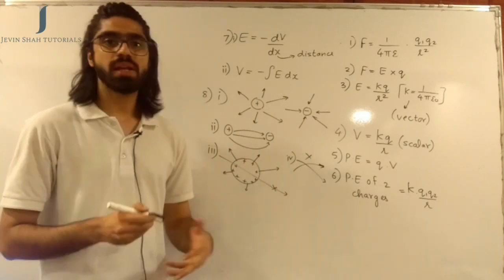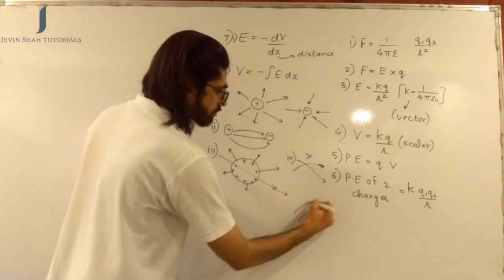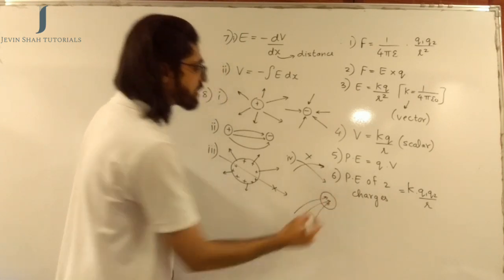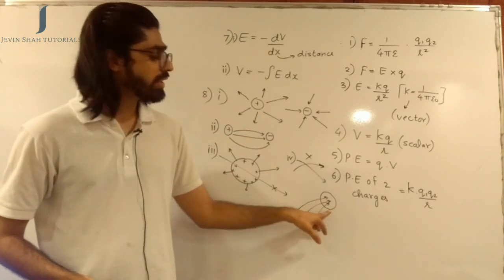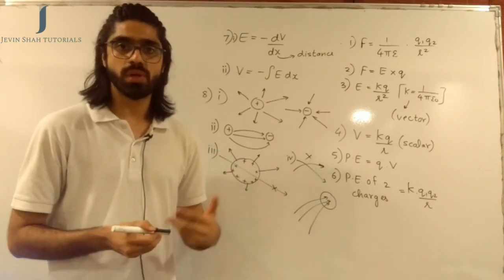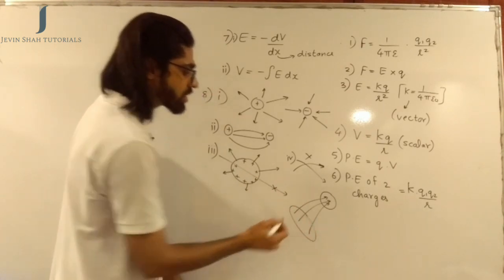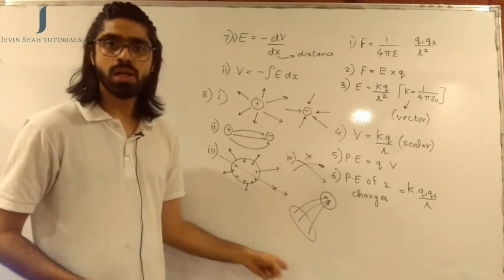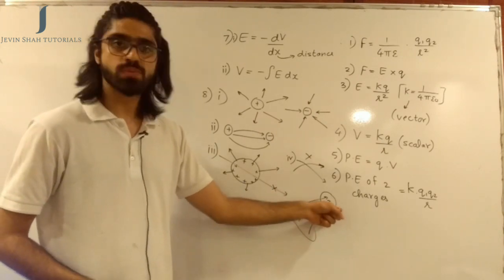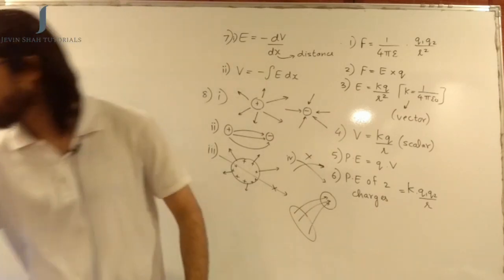Now say for example, I have electric lines of force going like this. If you realize, then in this region, the electric lines of force are highly crowded, and in a region where the electric lines of force are crowded, the electric field is said to be strong, whereas here the electric lines of force are spaced out, and that is why we say that electric field in this region is a little weaker compared to this. Okay, the next property, let's just rub out this part for now.